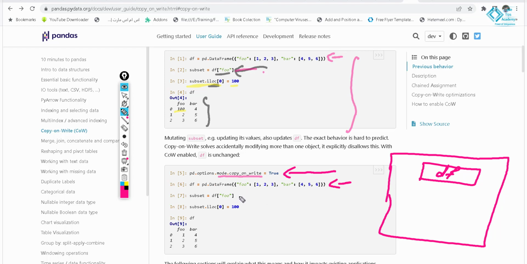And if I write this code, subset equal to the first series in the df data frame, because of this copy on write flag, it copied